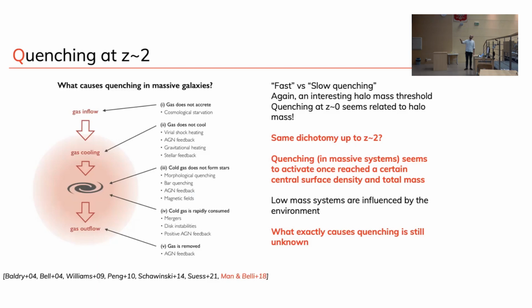You have other versions here. You might have some heating from an AGN. The AGN actually might be able to remove the gas. Mergers, maybe they're just triggering the bursts, then you just simply eat all the gas by forming stars. We still really don't know, especially at higher redshifts where you start seeing the first quiescent galaxies. So this is still pretty much discussed.